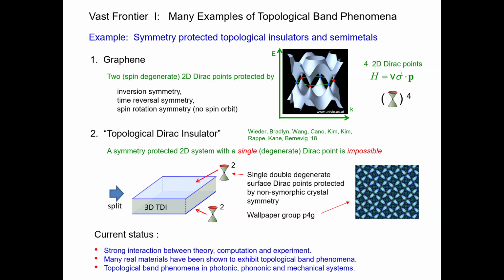Could you have 2? It turns out that it is impossible to have 2 Dirac points in a 2-dimensional system that are protected by crystal symmetry. So that invites you to ask, well, could I have that on the surface of something? And that defines another level of a kind of topological state. You could imagine there's some three-dimensional material that has this forbidden single pair of Dirac points on its surface.